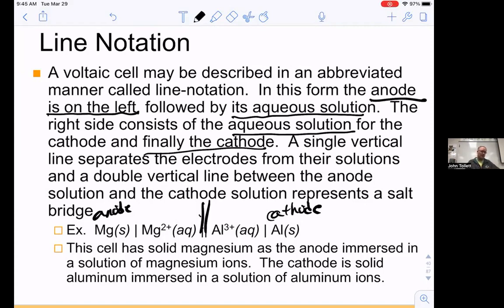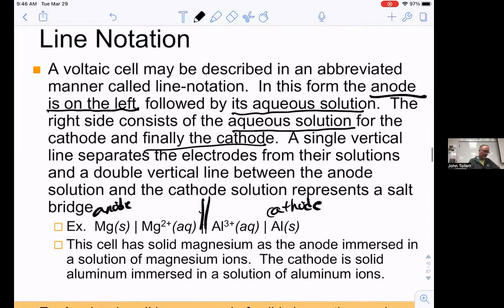And they're immersed in solutions of their ions. The aqueous is really not necessary, neither is the solids there on the magnesium and the aluminum. But if you're given them, you can go ahead and write them. Sometimes though, if they give you the concentrations of those, that will matter in the cell potential calculations, which we'll